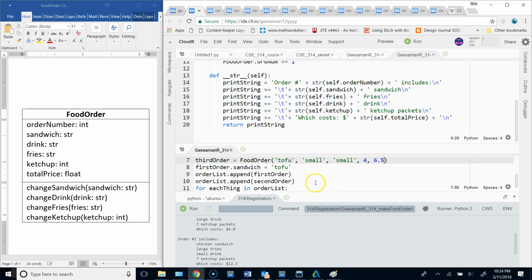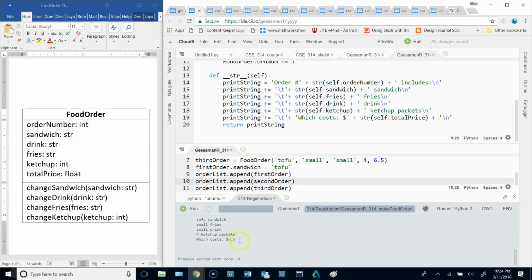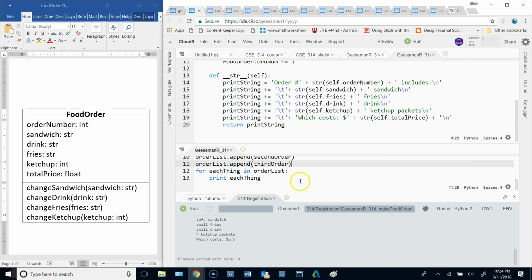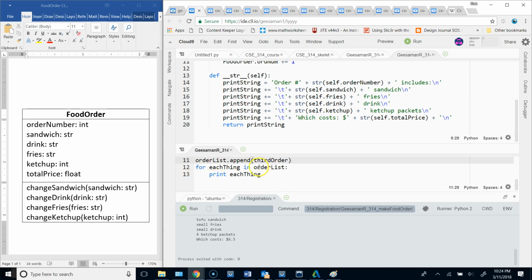So this third order, I'm going to then also append. And now when I run it, sure enough, we get order 1, order 2, and order 3. So the nice thing about the for loop is no matter how long my list is, this will accommodate all